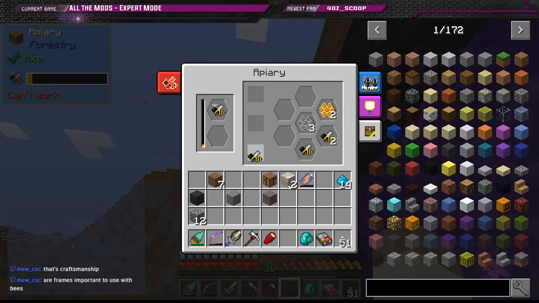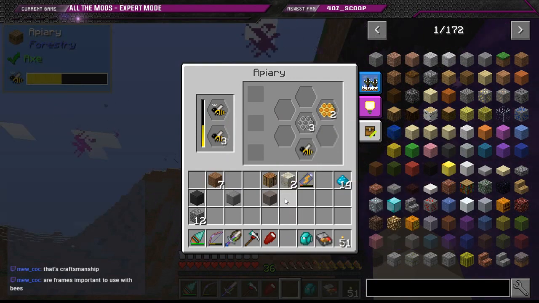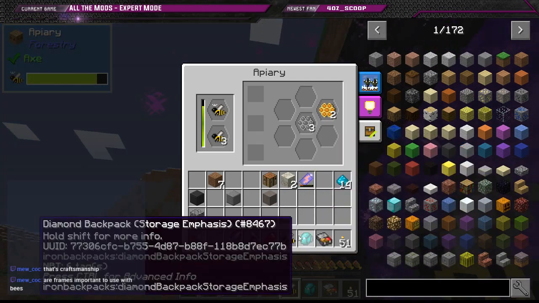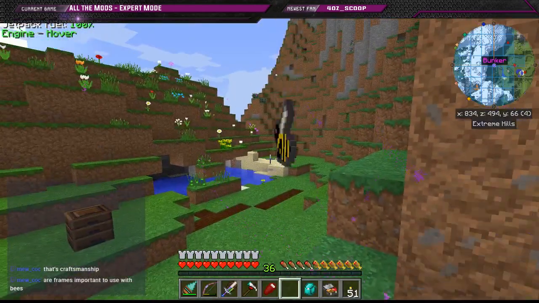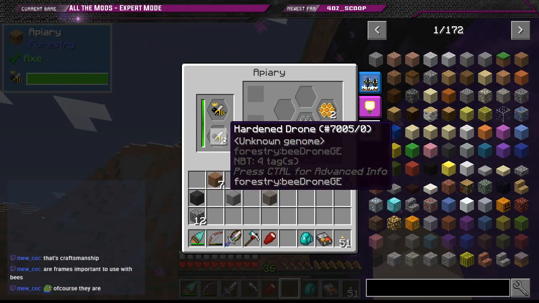I don't know if you stack. You do. Good deal. They now stack. Haha, I'm getting rid of you. Goodbye. So I have hardened. So once I have...